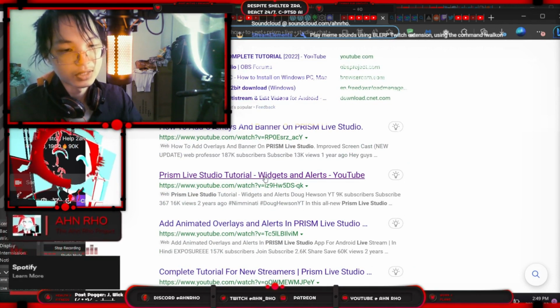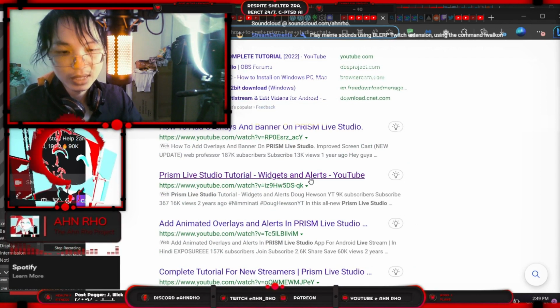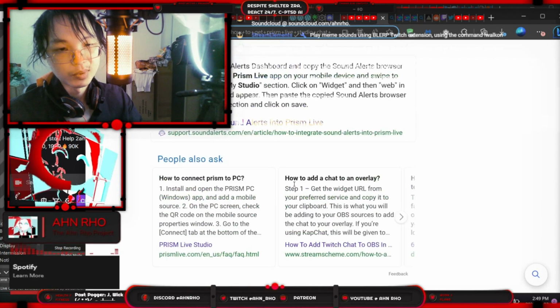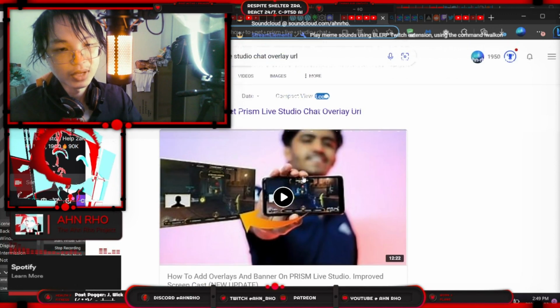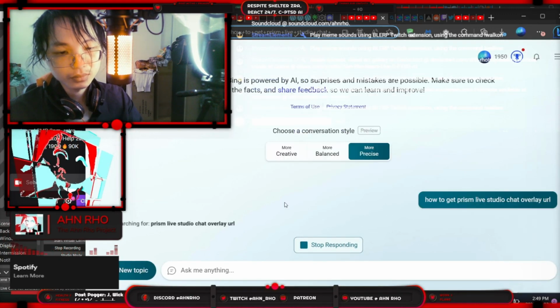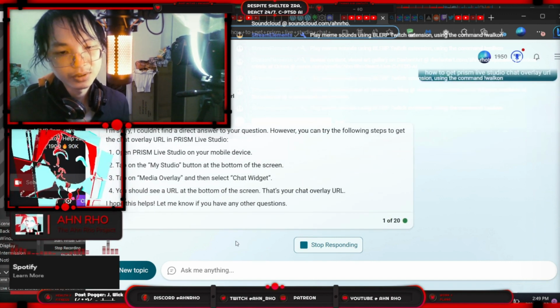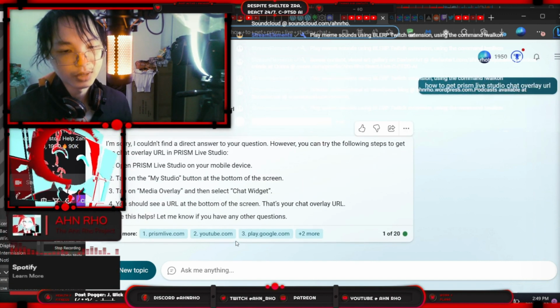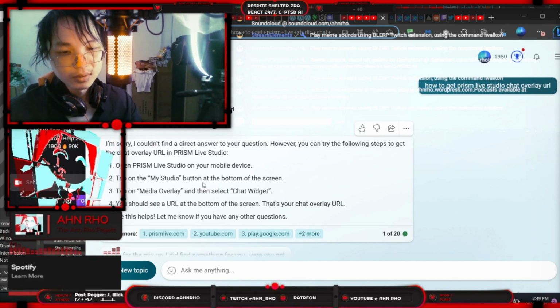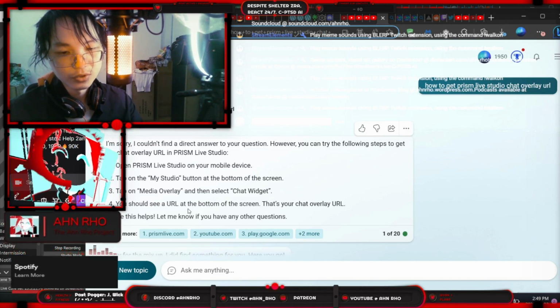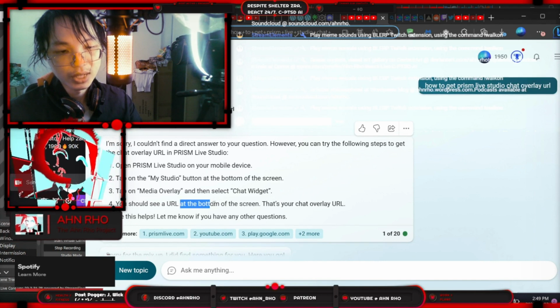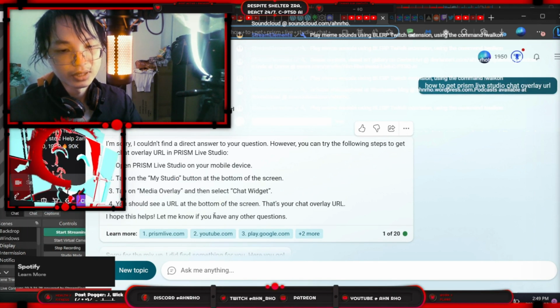Prism Live Studio has its widgets and alerts, so maybe that's something that I could search up. Maybe we can go to Bing, in fact, and try to search that up through chat. Chat overlay, couldn't find a direct answer. Tap on the media overlay, so chat widget, and my studio you should see a URL at the bottom screen. That's the chat overlay URL. Okay. We'll try this later on in the day,